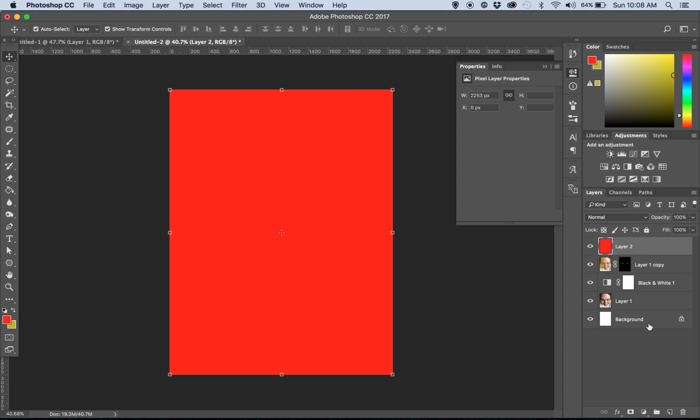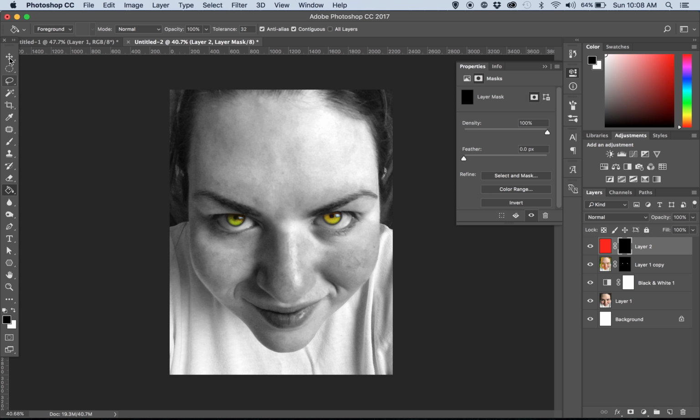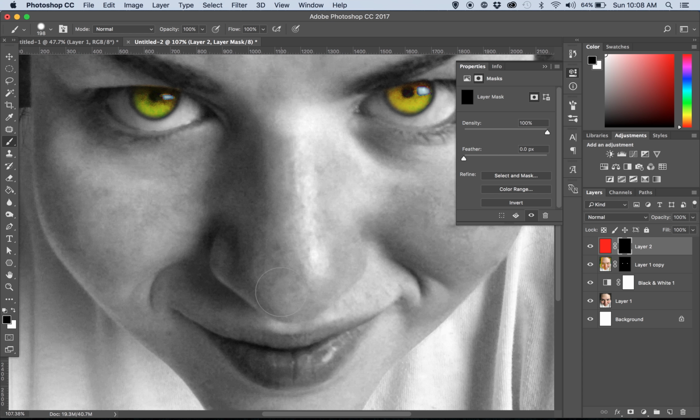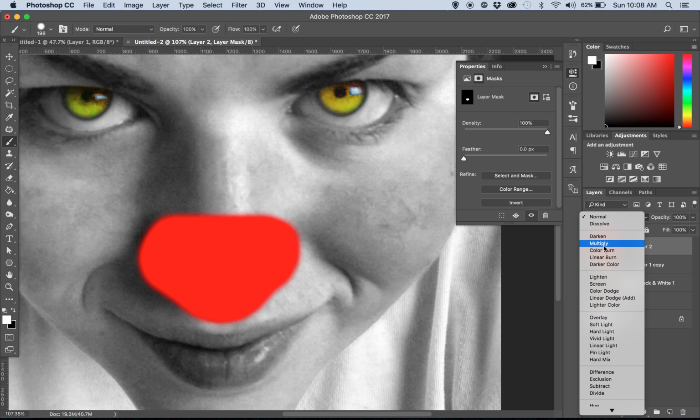I'm just going to move that above the eyes. So once again, we're going to create a clipping mask and we're going to fill it black so that nothing is exposed. So now we're going to take the brush tool. So we're just going to give a rough outline of the nose. You don't have to be perfect with this because we're going to clean it up. So just do a quick fill, change the layer effect to multiply, and now this is where we're going to